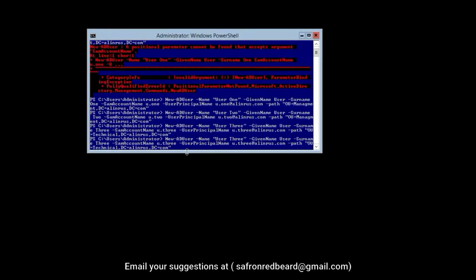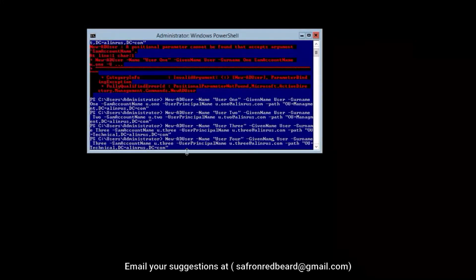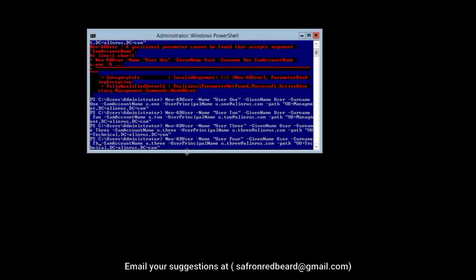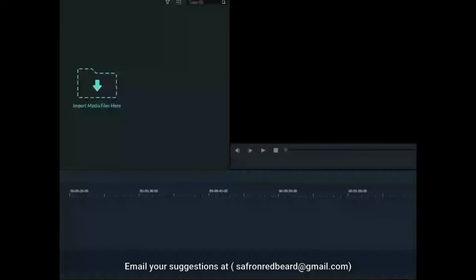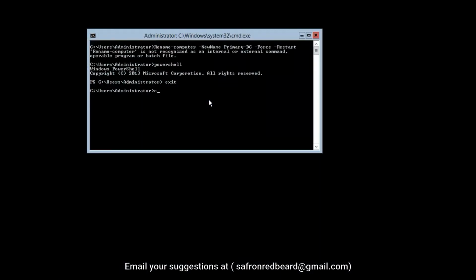It's just so that you can understand how it is working. User4, and then again 4, and then here 4. That's it. So we have created the users properly. Okay, here we go. We are in